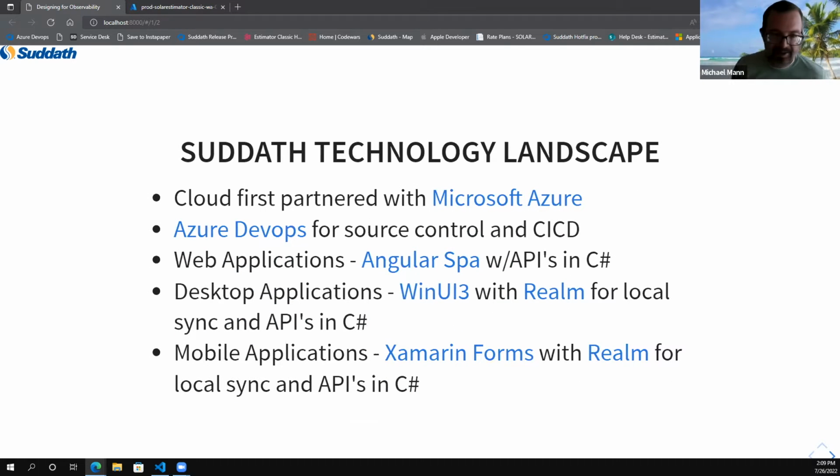The Suddeth technology landscape, let's just go through this a little bit here. Obviously, we're a Microsoft Azure customer. Any applications that we build, we're building for cloud first implementations, if at all possible. We use Azure DevOps for source control and continuous integration and delivery. Our applications are broken up into an Angular SPA, typically with an API backend. All of this is written in C#. We have desktop applications